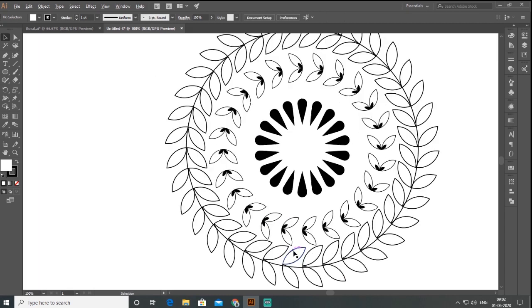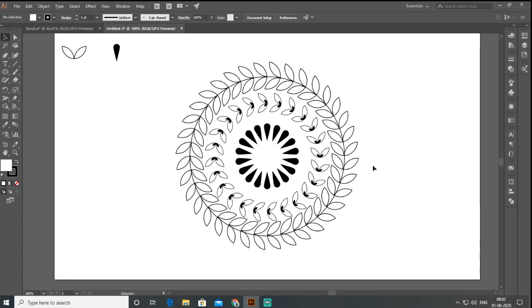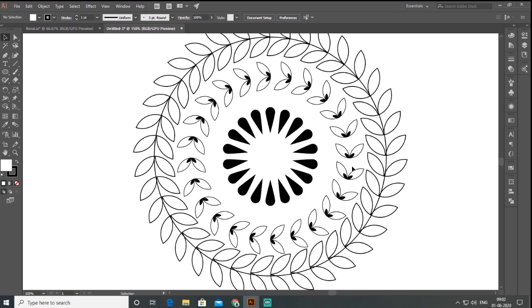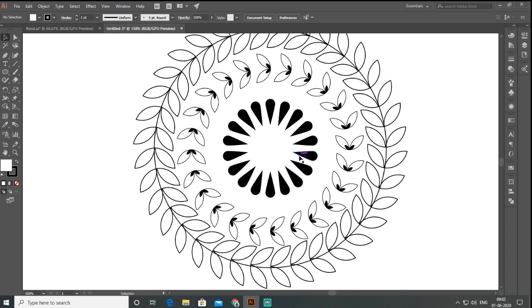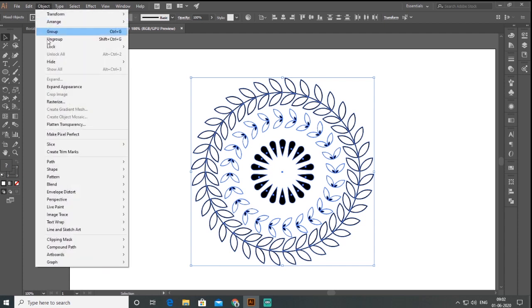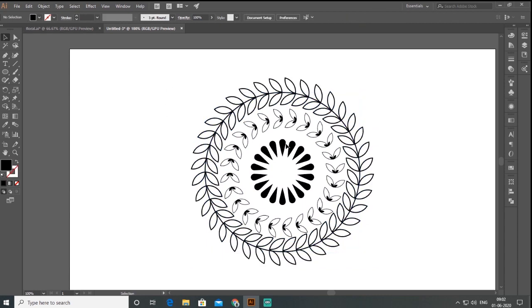Look how easy it is to create a mandala art using Adobe Illustrator. So you can make different types of objects and rotate these objects like me. These are tips and tricks for you guys. And if you want to finalize the design, I select all the objects and go to Object and expand. So I expand all the objects into shapes, right? Then I press Ctrl G to group them.